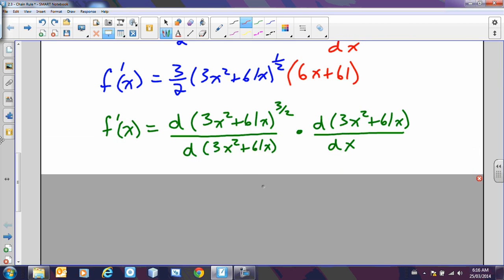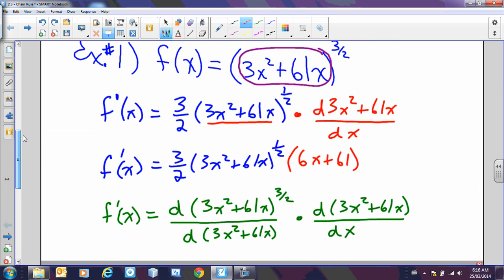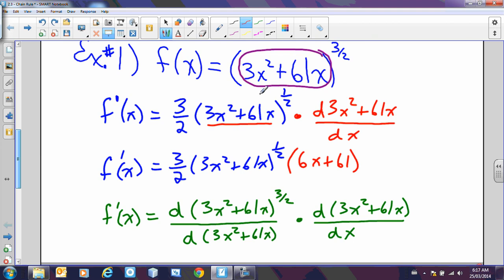And so what we really did here was, starting with this larger expression, we took the derivative of the entire term with respect to the brackets, and then we took the brackets with respect to x. So essentially we said,